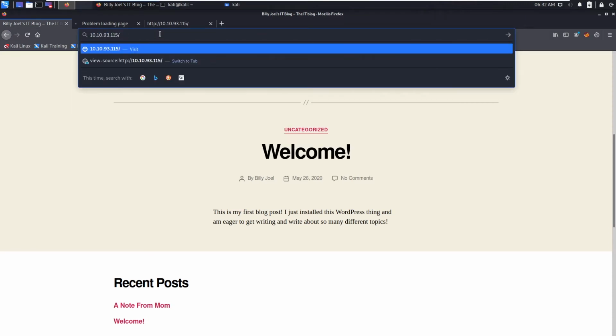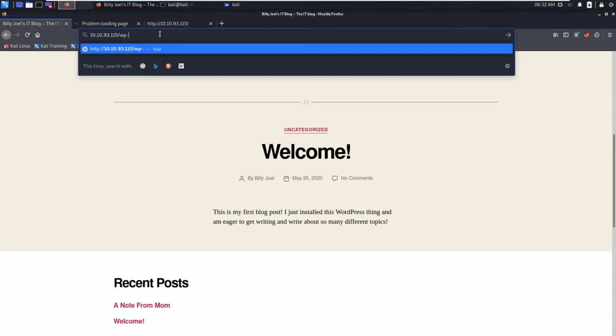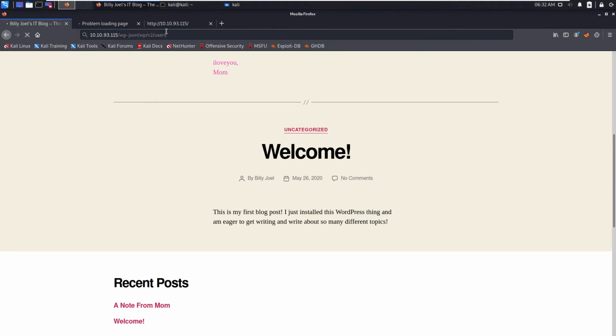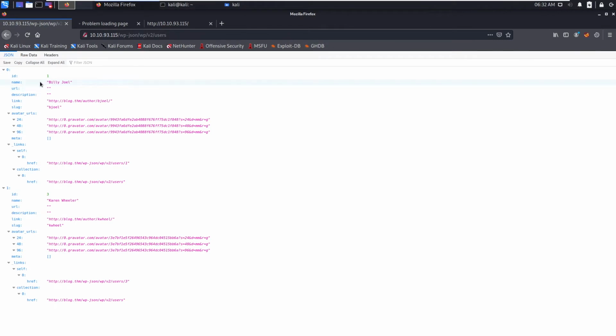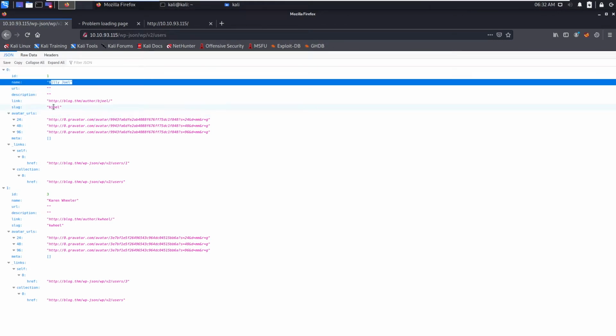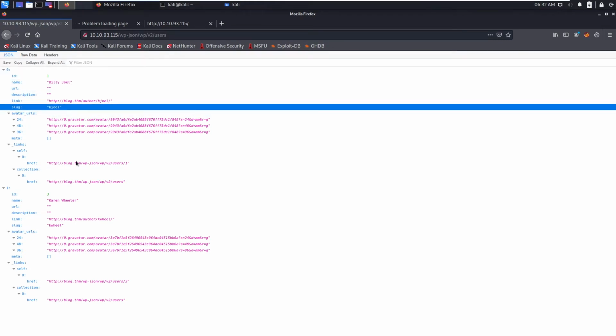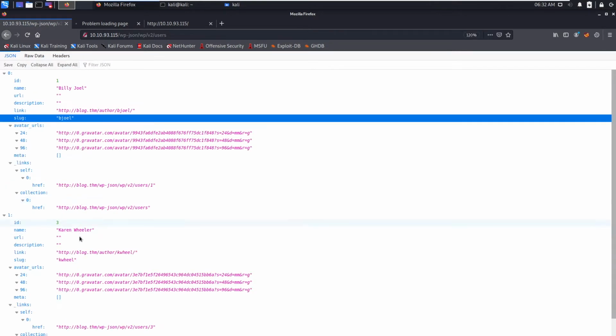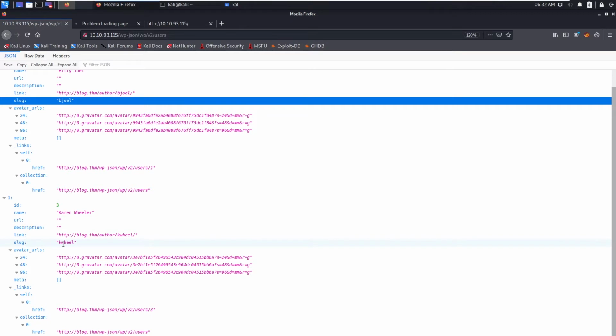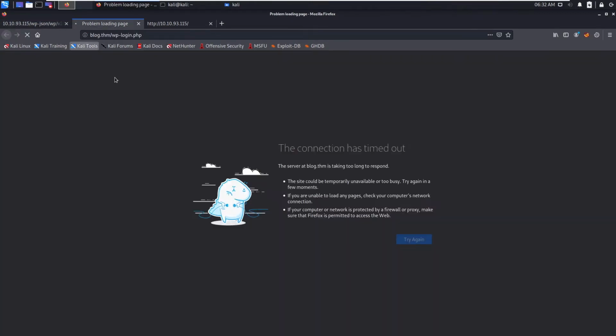First let's check the users manually. wp-json, wp v2 users. Okay, first is Billy Joel and its username is bjoel, and the second one is Karen Wheeler and the username is kwheel. So let's go to